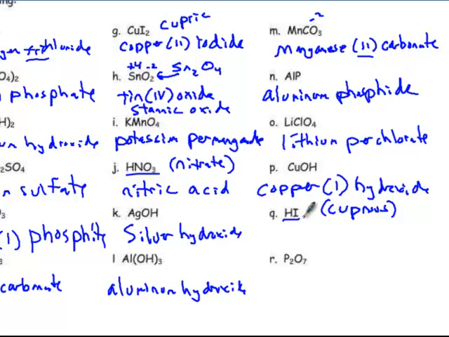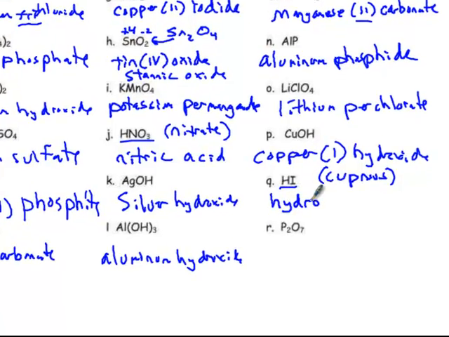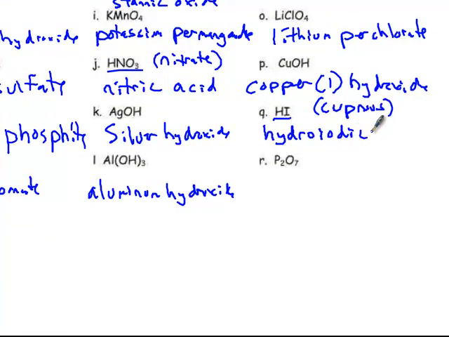Another acid starts with hydrogen. This is a binary acid, and we learned binary acids get the prefix hydro and the suffix ic. So that would be hydroiodic acid. And then the last one, again, 2 nonmetals, so diphosphorus. Remember, you don't change the ending of the first element, it's phosphorus. And then